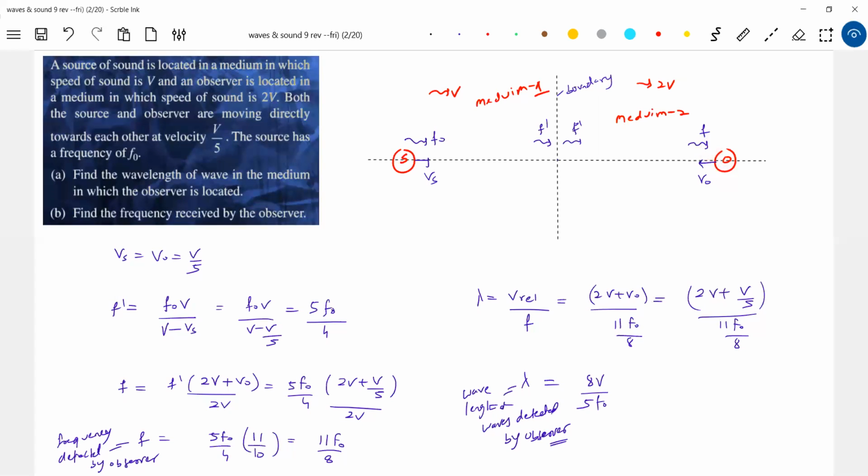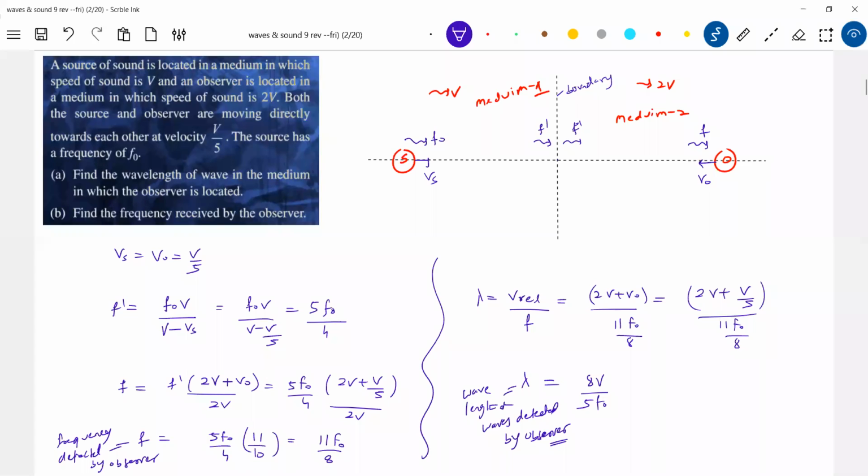the frequency received. I think there's one very generalized formula which we have brought. You can do it by another mathematical approach, but that will be very lengthy, and it will not be possible for us to use that method in the exam. I think in the NCERT book he has given it, starting from the basics. So lambda, the wavelength of the wave received by the observer, equals the speed of the waves relative to the observer divided by the frequency of the wave detected by the observer. Finish over. What will be the type of problem? Substitute that V relative and substitute that frequency. You can work it out here.